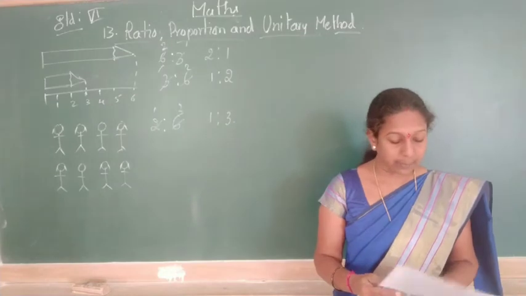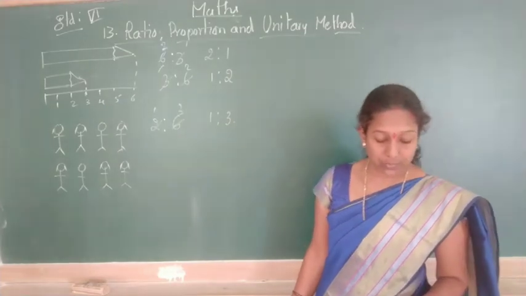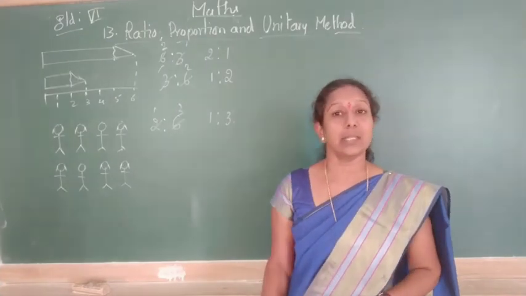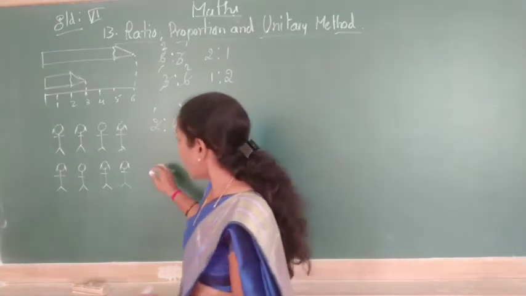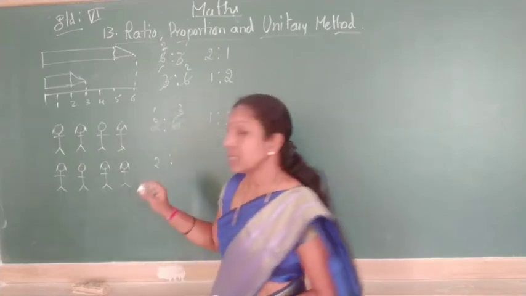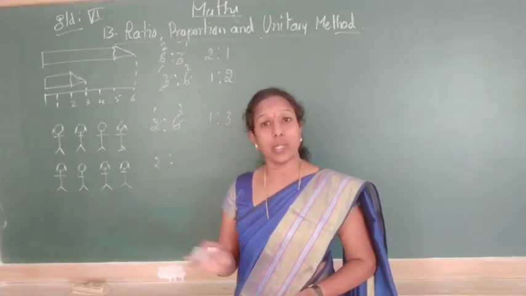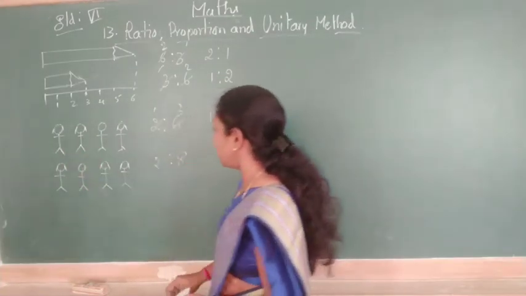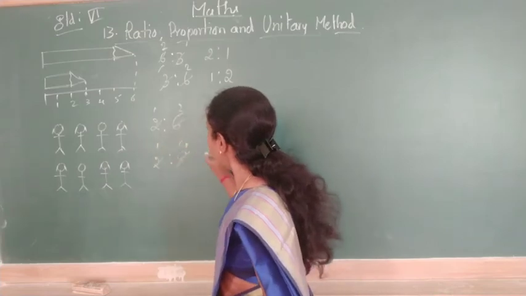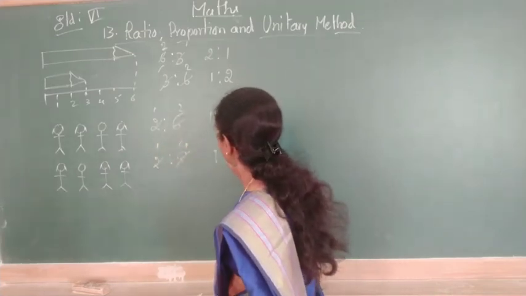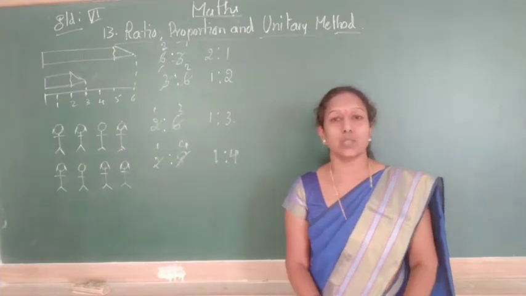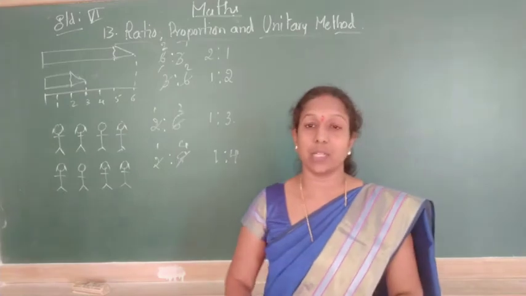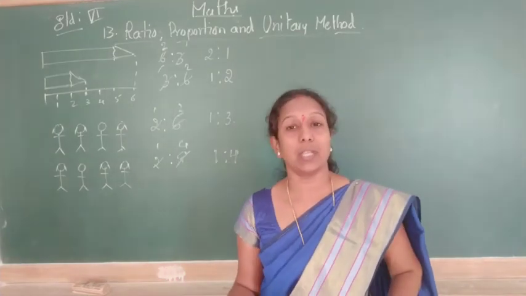Okay, now they are asking the second one, that is, find the ratio of the number of boys to the total number of students. They are asking for the total number of students here. So the number of boys is 2, and the second part is the total number of children. So the total is how many? 8. So 2:8. If I write in the simplest form, the answer is 1:4. The answer is 1:4. Okay, so this is how we can write the ratios of the given figures or given numbers.